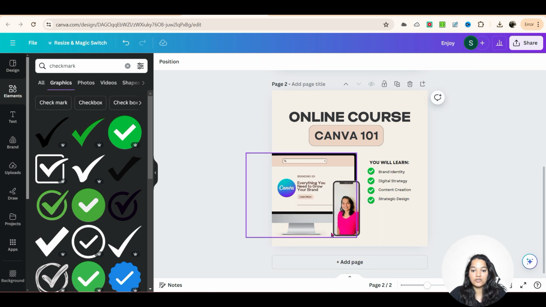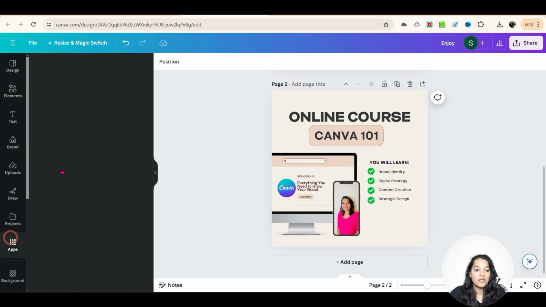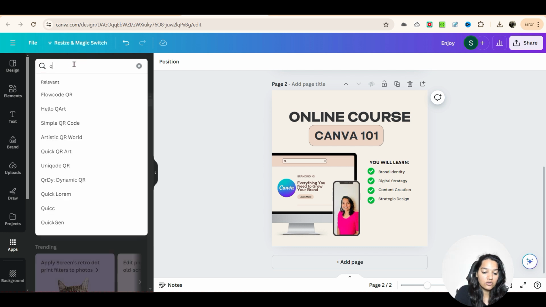So far this is what we have done. We can customize all of this, text, etc. We have detached the image and put our own image here, and then here I want to add a QR code. And the way to do it is you go over to the apps here and look for QR code,